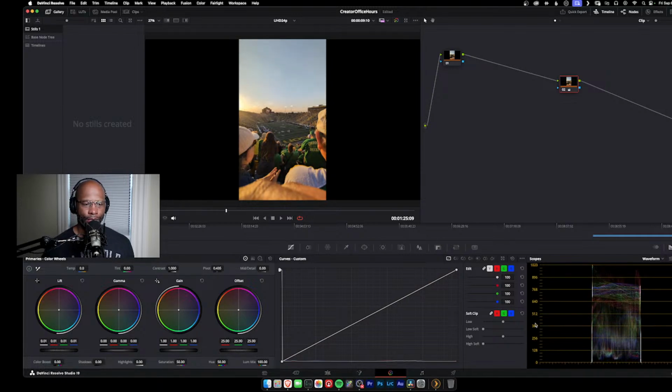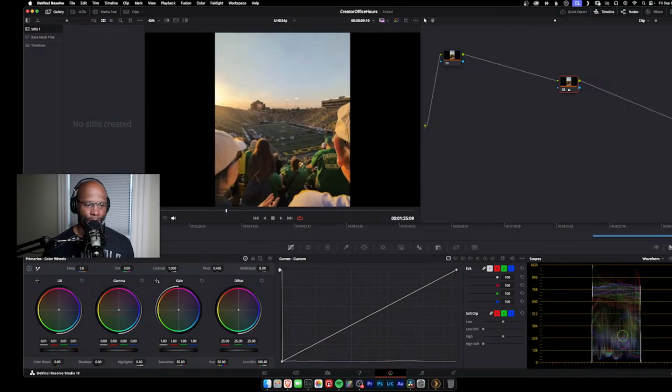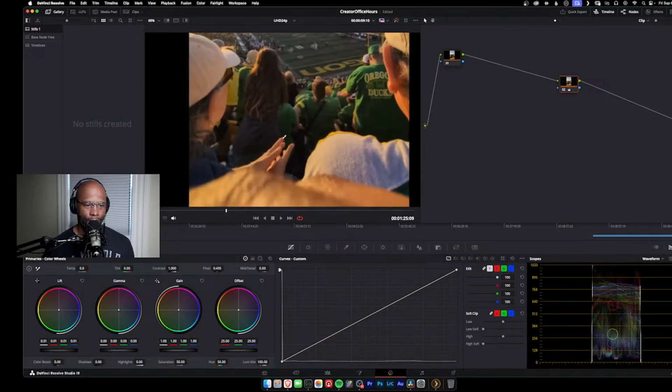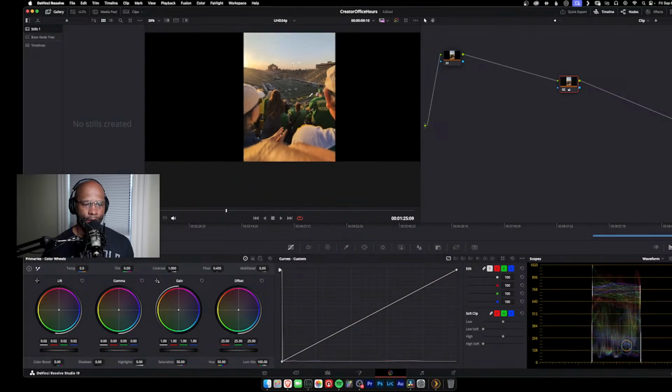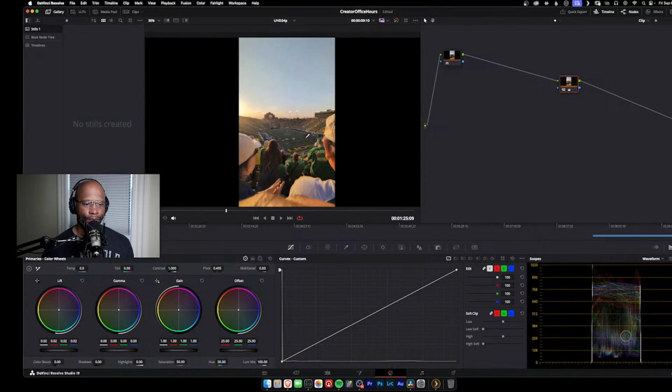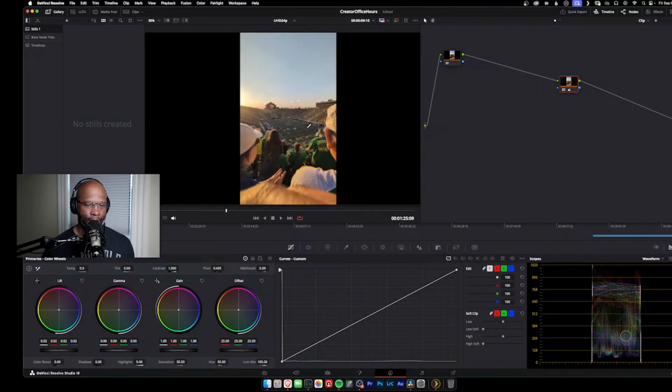There we go. All right. So now if I zoom in, I can actually see that she's wearing a backpack or something right there, where originally I could not. It's a little dark. So let's just pull that back up some more. I went a little too far, but there. So now we got decent shadow settings here inside of this. So that now we can just move on to our next node if we want to, or we can just